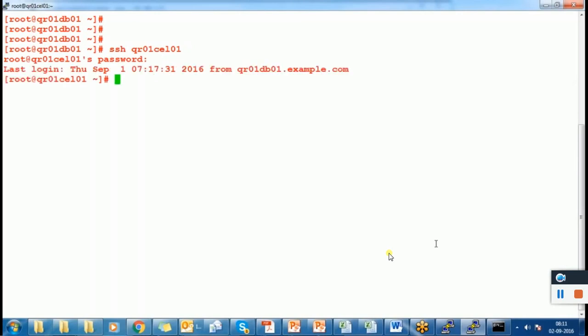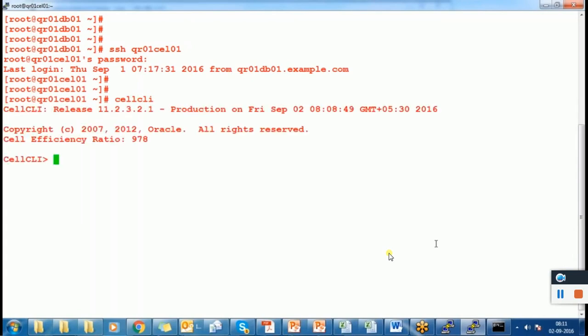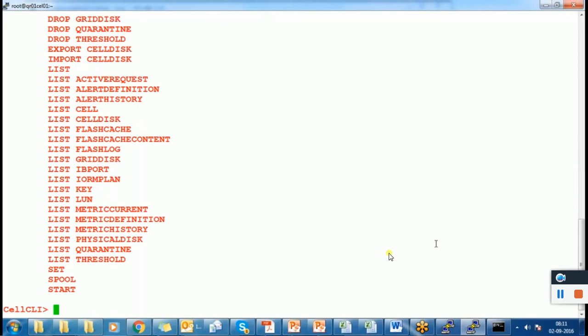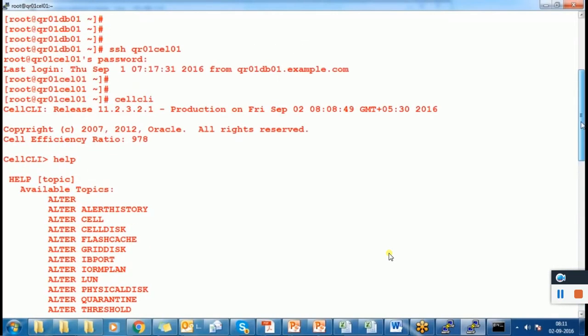So let us log into SSH to the storage server, one of the storage servers, and start the CellCLI. You can simply type help. You will get the online help and various commands.